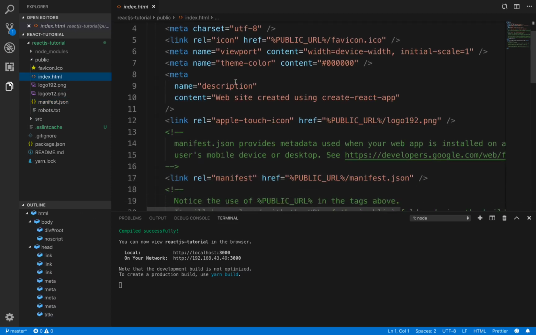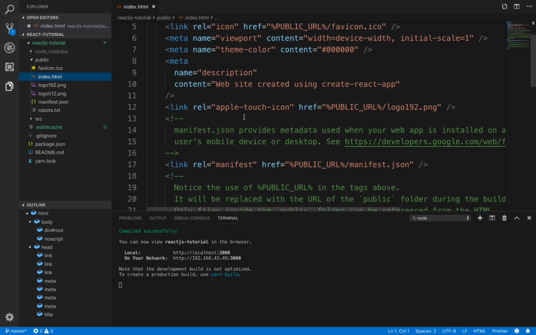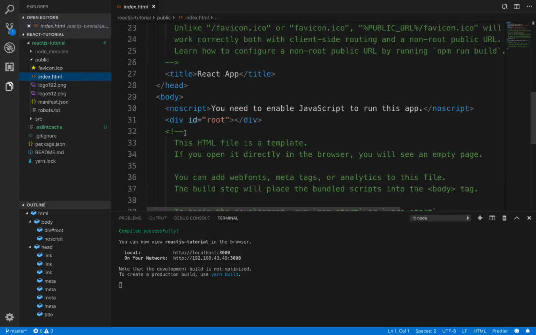The index.html is where the entry point for our React application is. As you can see, there is a div tag here with an ID of root, and this is where we will be mounting our main component that we create. So basically, when you do npm start, we run the application, right? This div is actually rendered, and anything that we mount on this root should be visible to us, right? So this div is the main important thing that we need to understand.